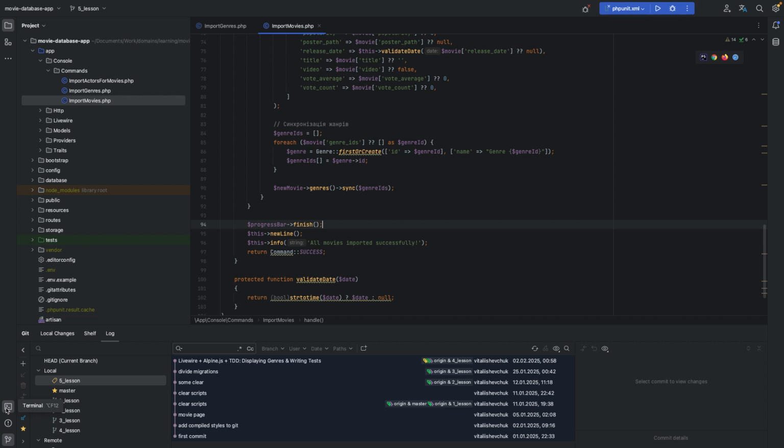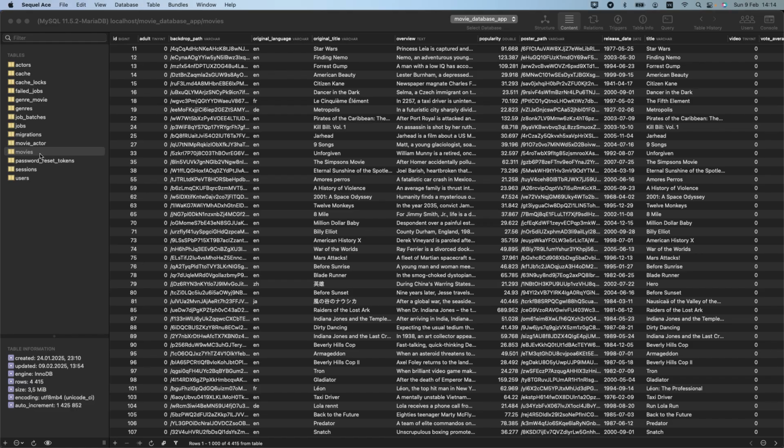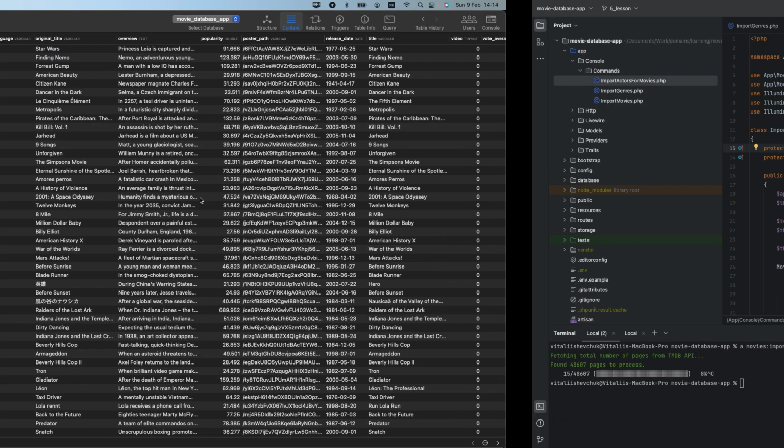Let's check it out. We'll run the command. Since there are a lot of pages, just let it run for a few seconds and stop it using Ctrl+C. Now that we've populated the movies table, it currently has 4,000 records,